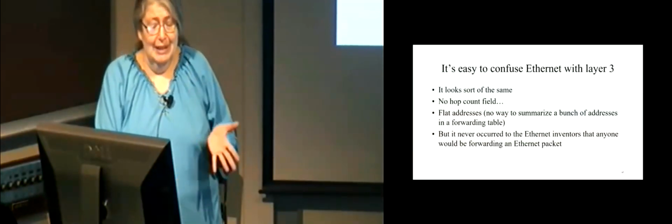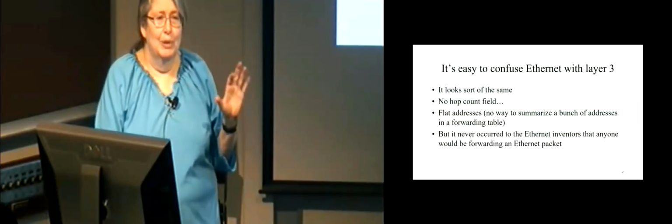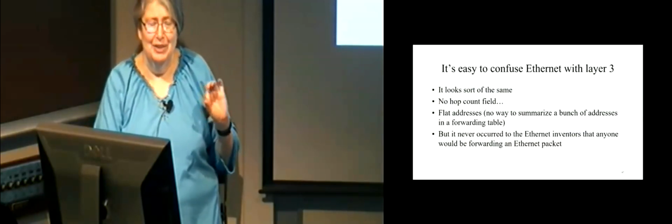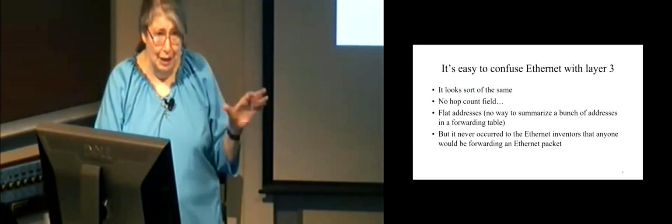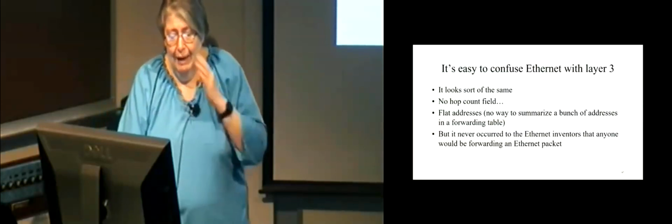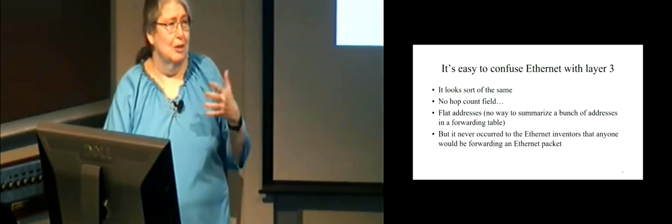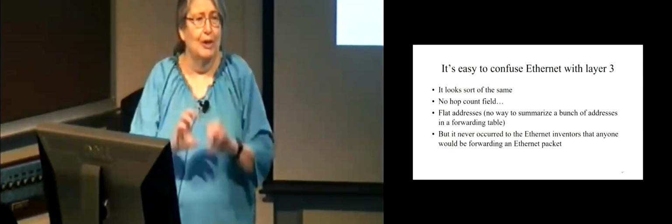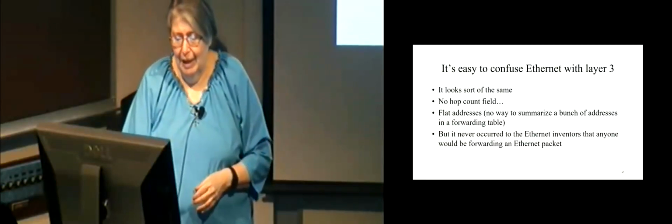So Ethernet kind of looks like layer 3. The addresses are flat, which is actually one of the geniuses of Ethernet, but it's why we couldn't hook the internet together with Ethernet instead of IP, even though Ethernet has 6-byte addresses and IPv4 has 4-byte addresses. What's wonderful about flat addresses is you can just plug in anywhere you are, and whatever you have as your hard-coded thing in your machine will work. No one else is going to conflict with it.